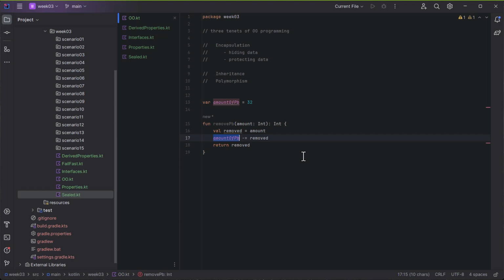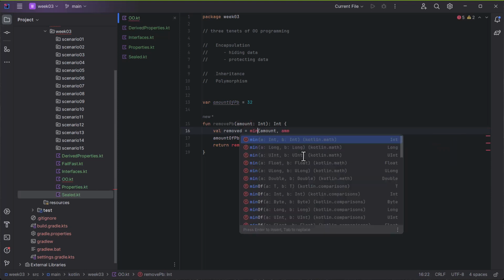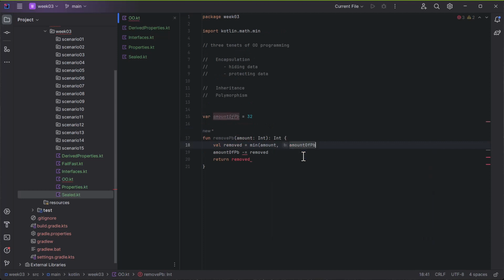We need to have checks. And of course, you could say, well, hey, they should have read the documentation. This person here needs to make sure that, let's say max amount, or whoops, actually min amount of peanut butter, something like that. And now we're in much better shape here. What we're checking is that we have enough peanut butter to remove from this jar. We're only going to remove the minimum of the amount or however much there is if there's less. And now we're okay. But the problem is